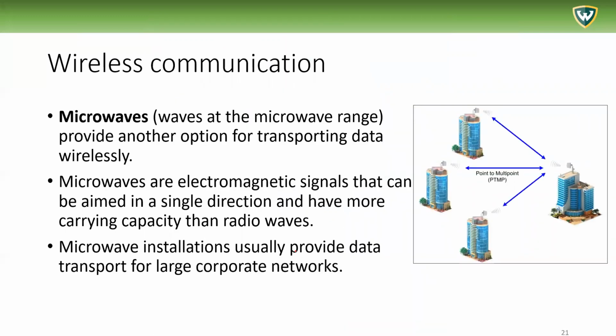Wireless communication, a little bit more. Microwaves, waves in the microwave range, provide another option for transporting data wirelessly. We usually work with radio waves. So even though we talk about radio, not just radio broadcasts use radio waves, but Wi-Fi and cellular networks also use radio waves. Microwaves are electromagnetic signals that can be aimed in a single direction and have more carrying capacity